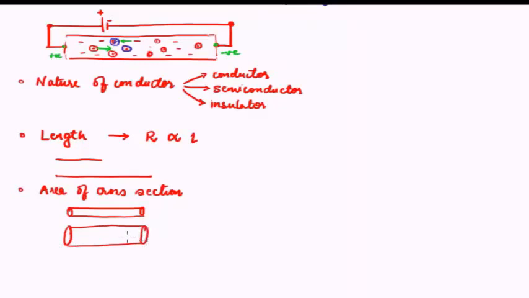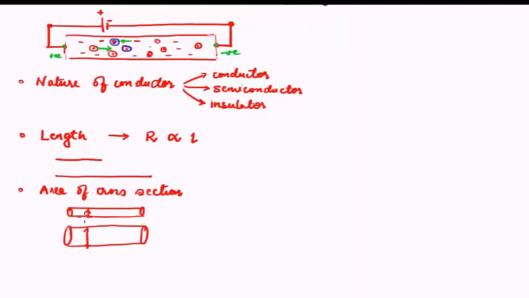What will happen is that this thinner wire offers less area for the electrons to move from one end to another end, whereas the thicker wire will offer a larger area for the electron to move. Therefore, the electron has easier access from one end to the other end in the case of thicker wire compared to the